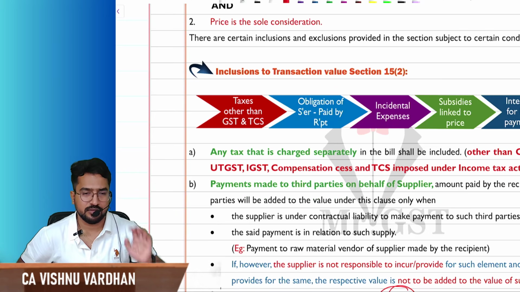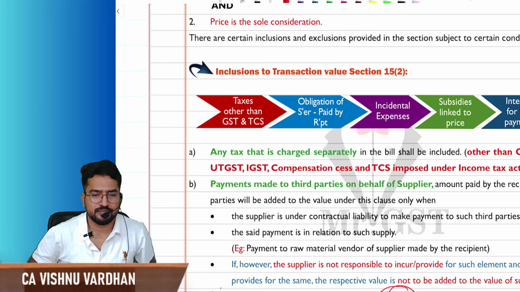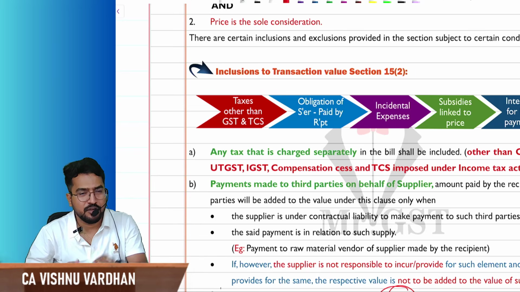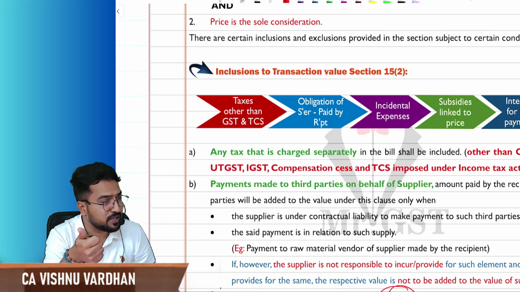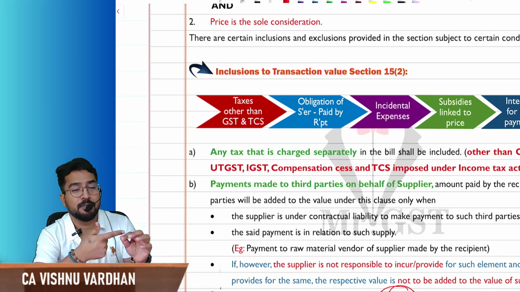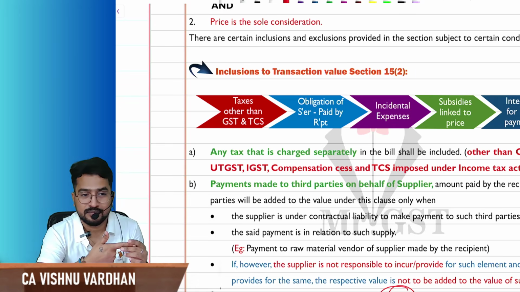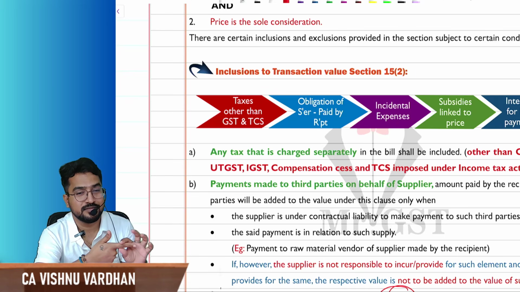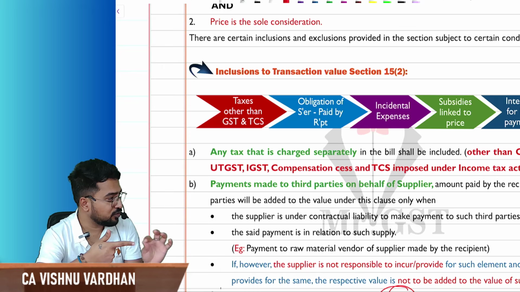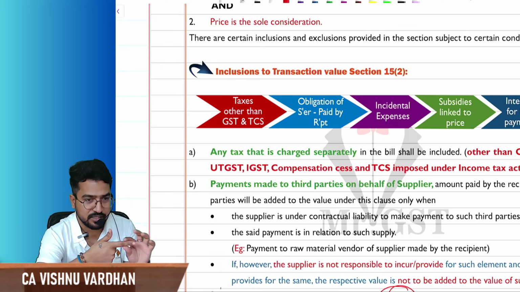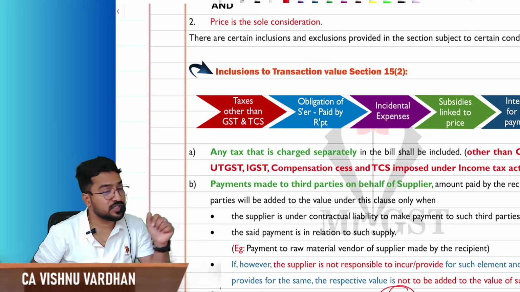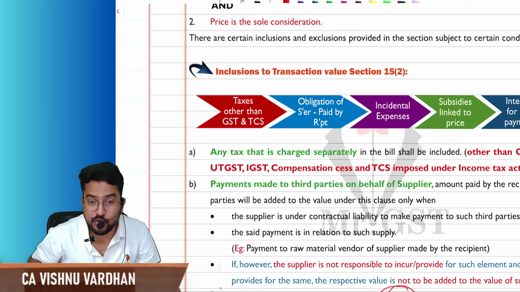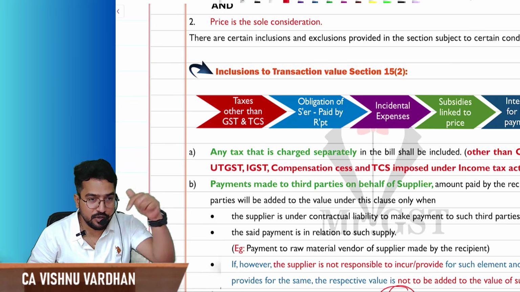Whatever tax it is, you add. Best example, a movie ticket. Have you seen a movie ticket anytime? Have a habit, whenever you buy something, check that properly. You will see the base price 100 rupees plus entertainment tax, local body entertainment tax, they would have mentioned LBET or entertainment tax. Imagine base price is 100 rupees, entertainment tax is 10 rupees. You should charge GST on how much? 110 rupees. Because value will include all the taxes